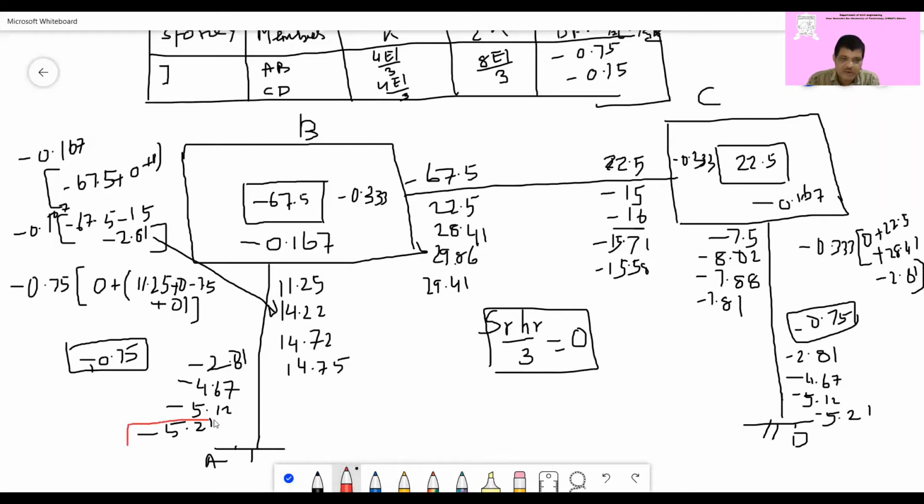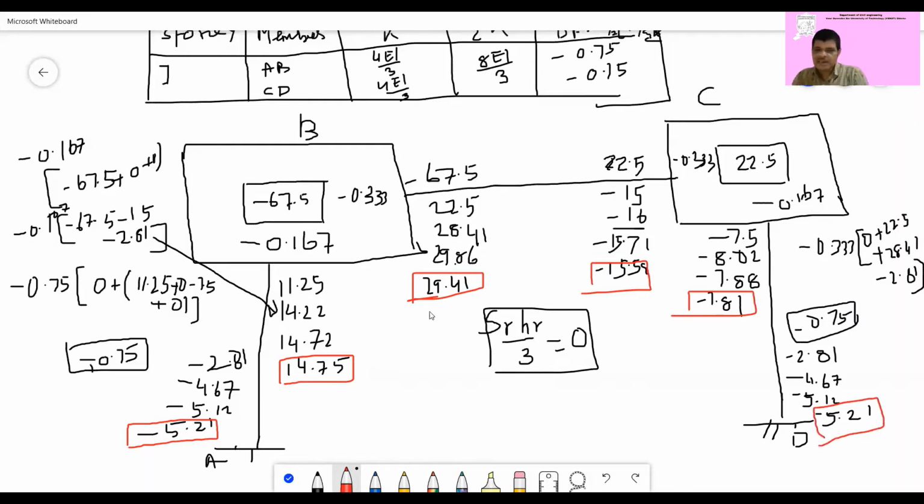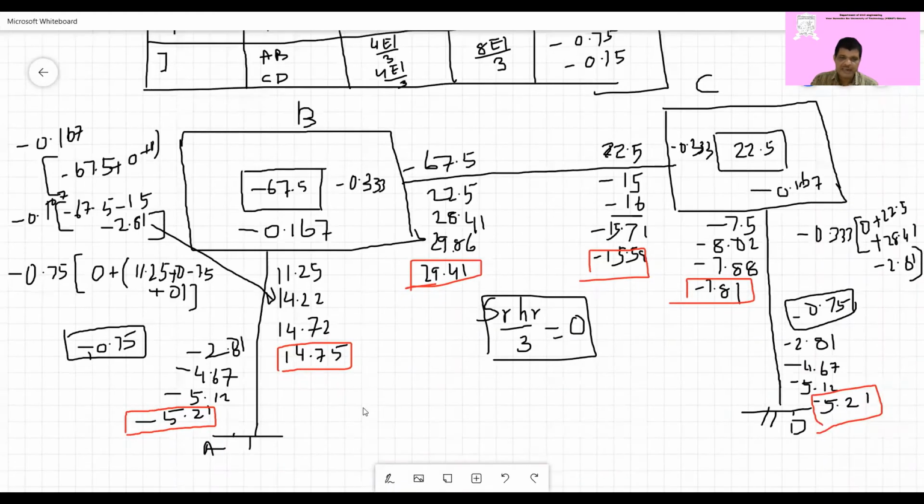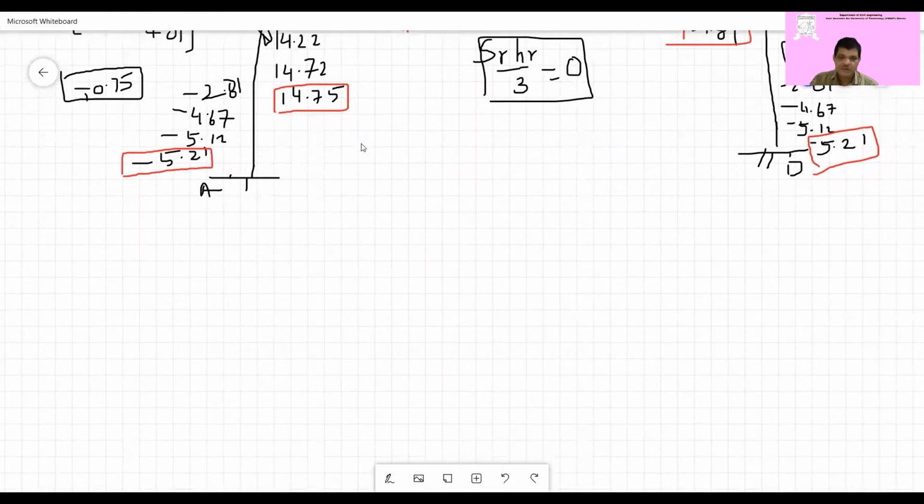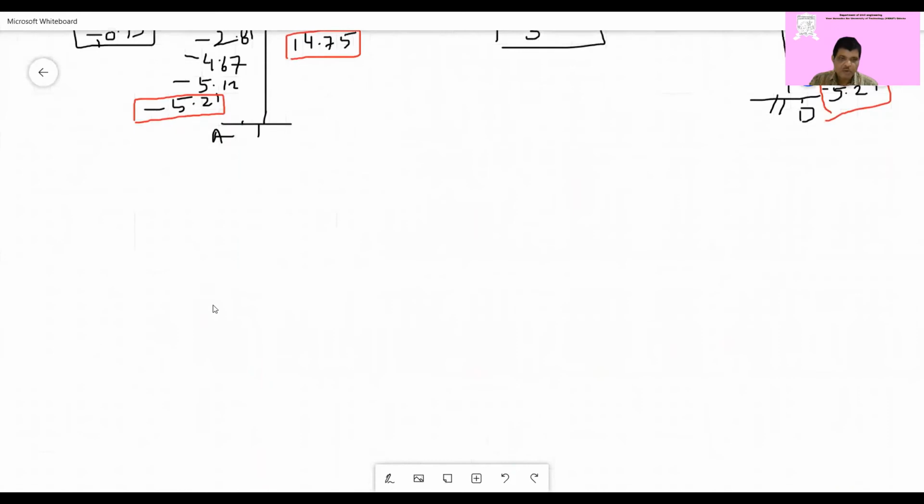This is the final moment here, displacement. This is the final moment here for this rotation. This is the final moment for rotation contribution. This is for rotation, and these are all displacement and rotation. So these are the final moments you'll find in the current chapter. And you see the consecutive values are very small. You can stop at 3-4 cycles, after 4 cycles you cannot go like that. Now come to the final moment calculation. Now what is the final moment now?